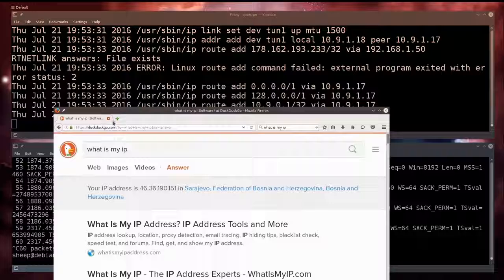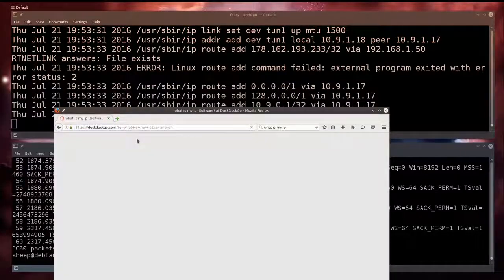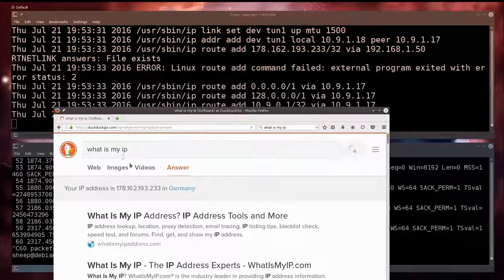I should actually shut the browser off. You should close the browser and close any programs that you have which have open connections, and then reopen them after you have initialized the VPN. But for the sake of the demo, I just want to show you how the IP address changes here. So it says your IP address is